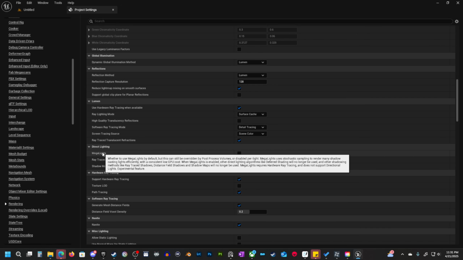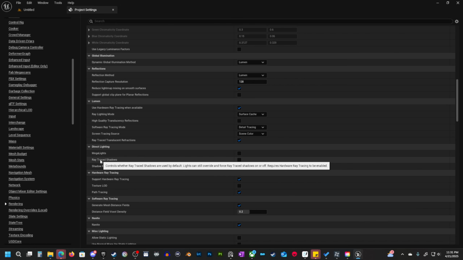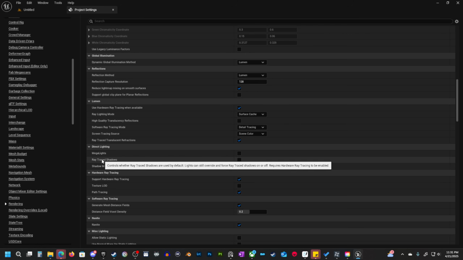So we will not cover that at the moment, but I will go over that in the future. As for ray traced shadows, we are going to just leave that off by default. I should also say most of these settings can be changed in the engine using the post-process volume as well. So things like ray traced shadows, these are much more accurate shadows, but they are much heavier on performance. So I like to leave that